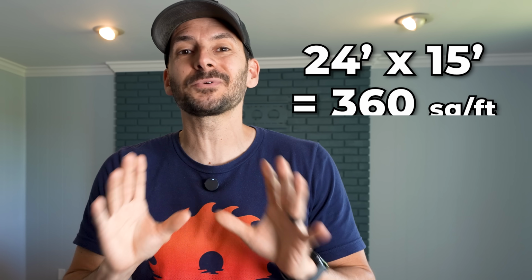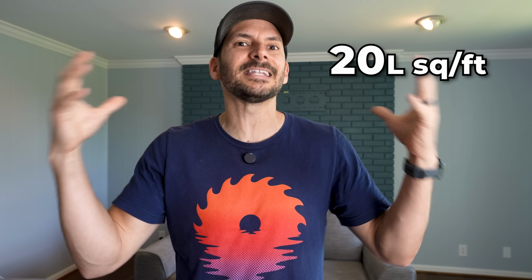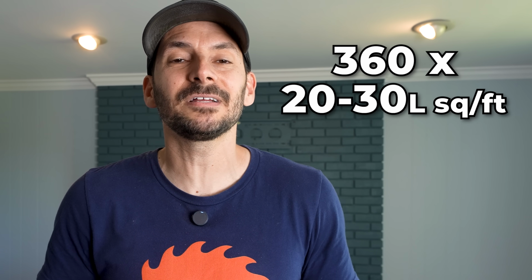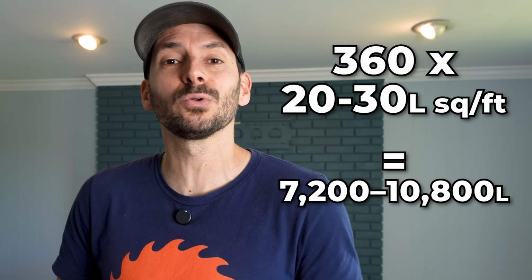Now, depending upon what kind of room you have, we can start doing the math. And for this room, this is 24 feet by 15 feet, which is 360 square feet. So I'm going to be shooting for around 20 lumens per square foot because I know that's just a nice amount of light that I like. So given the square footage of this room, that means I'm going to need 7,200 to 10,800 total lumens in